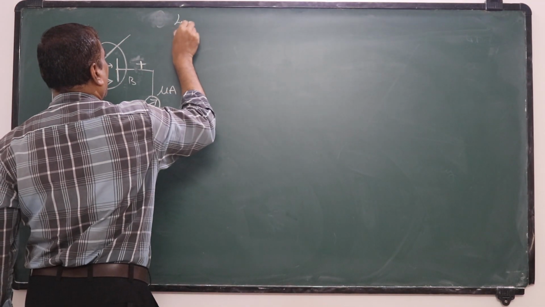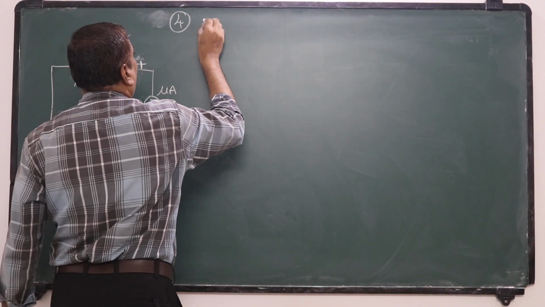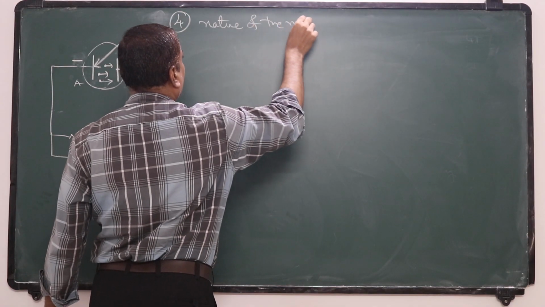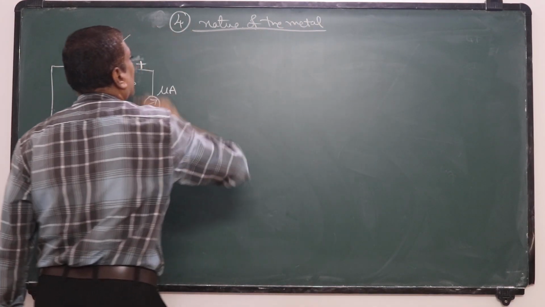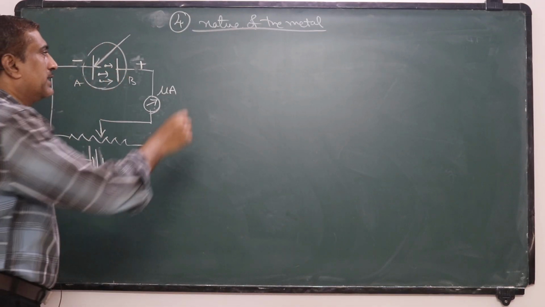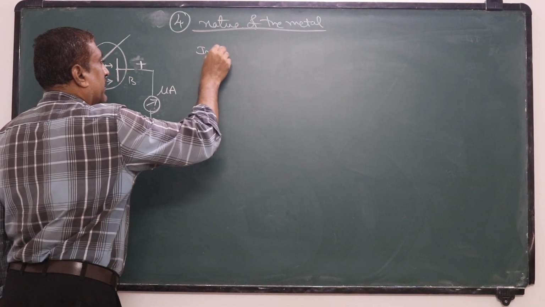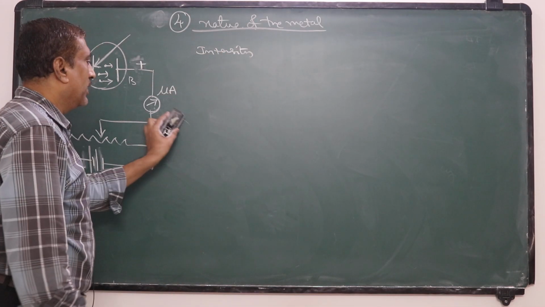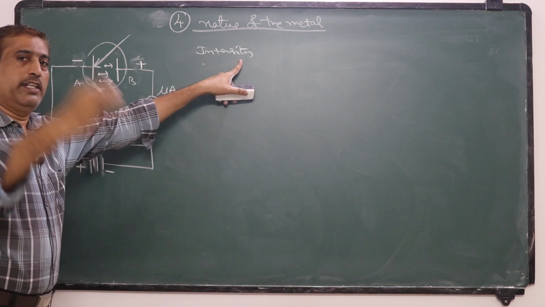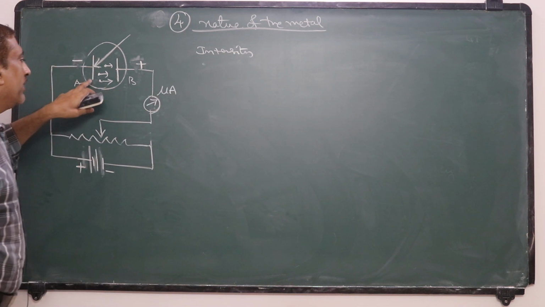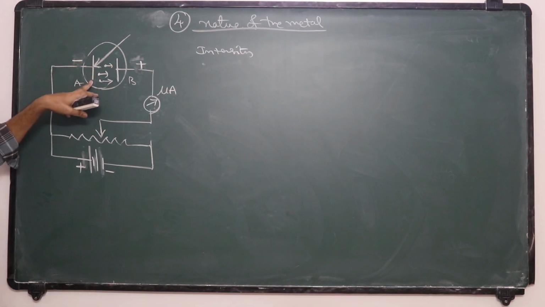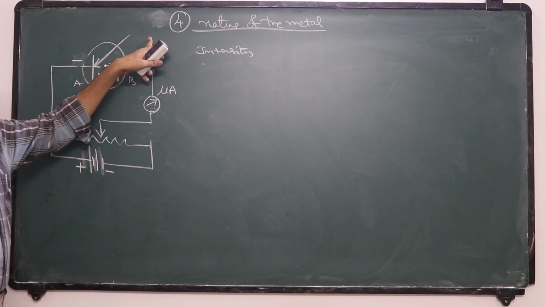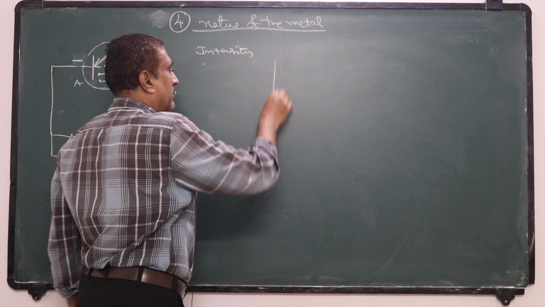Fourth characteristic, nature of the metal. Nature of the metal, that means keeping the intensity of incident radiation constant, if different metal surfaces are taken in the place of A. That means different metal plates are exposed to light radiation, then it is observed that